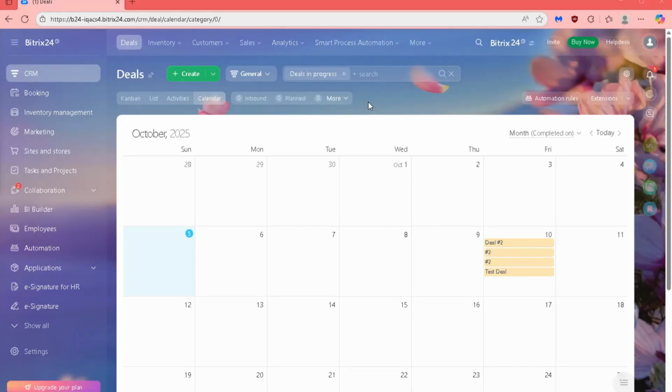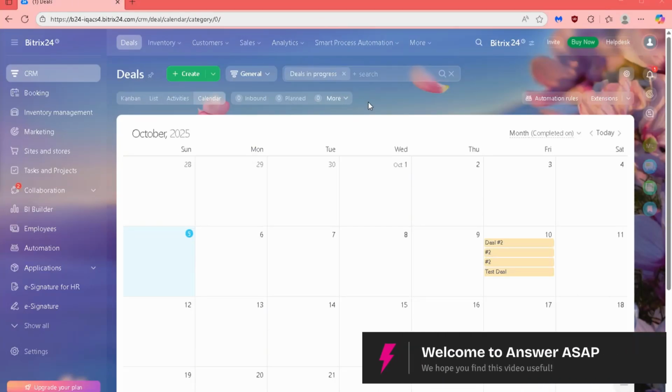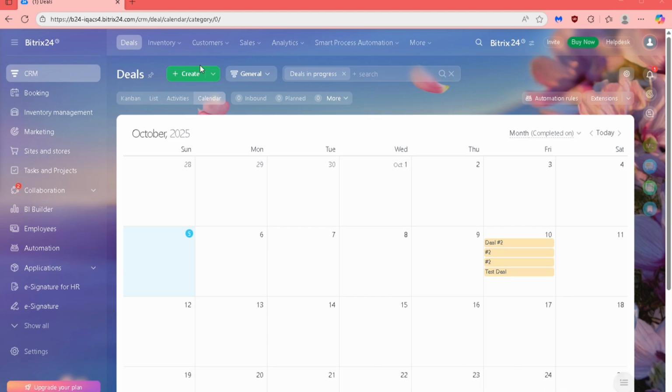In this video, I will show you how to connect Google Calendar to Bitrix24. First, log into your Bitrix24 account. You will then see your dashboard. On the left part is your menu list, and on top is a row where you can access other options